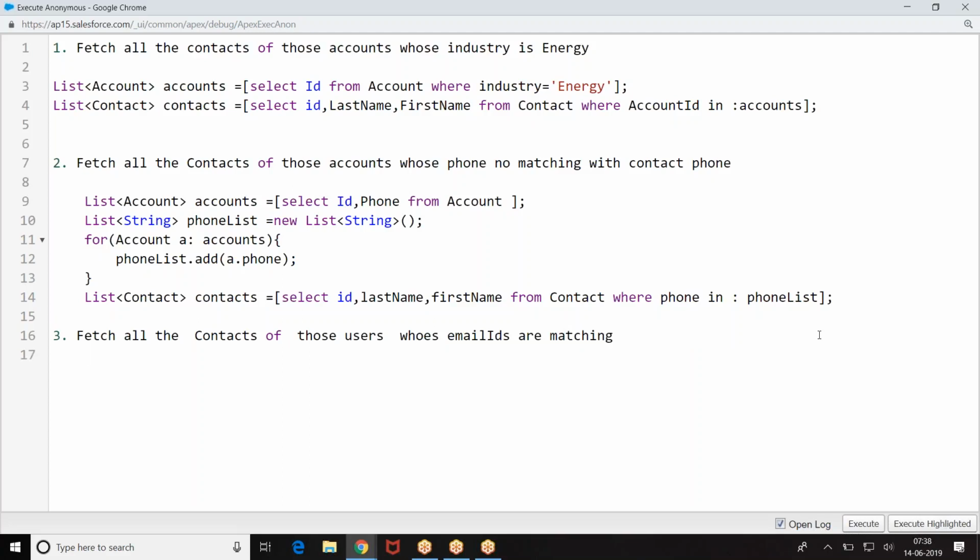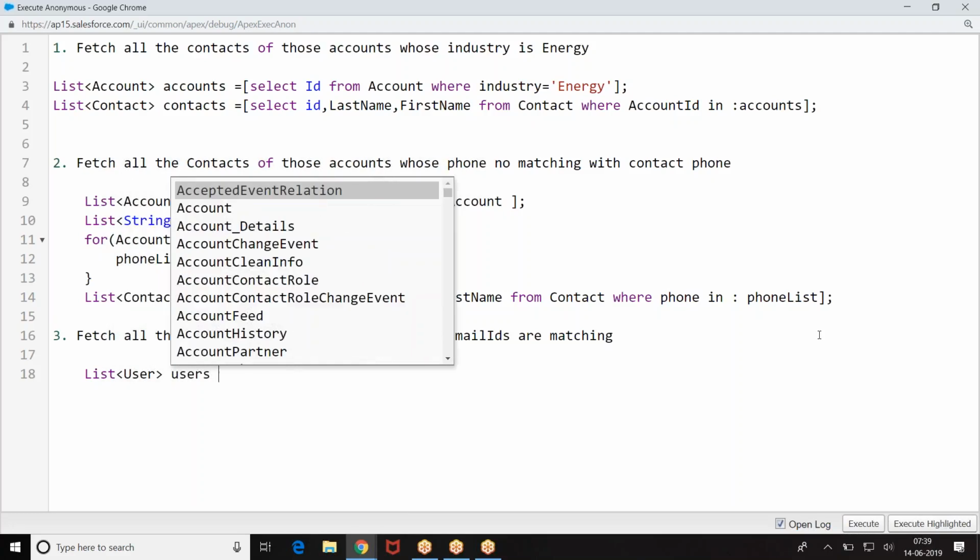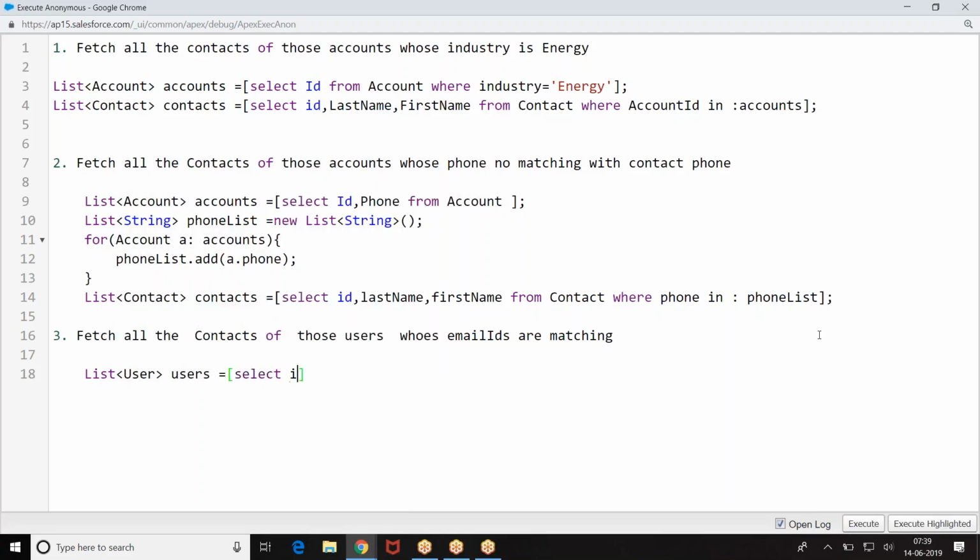Then what you are supposed to do, first... Then can I compare directly with the email field?